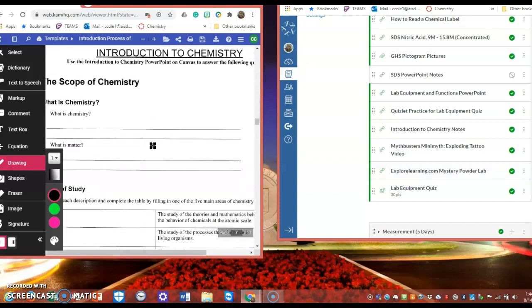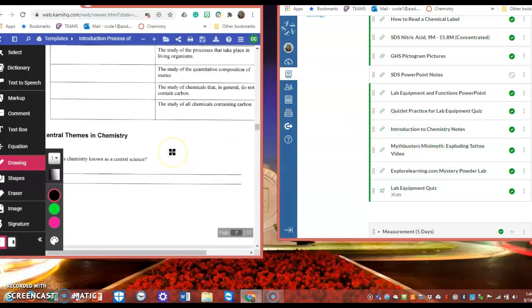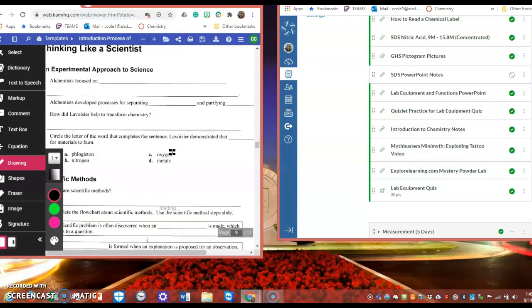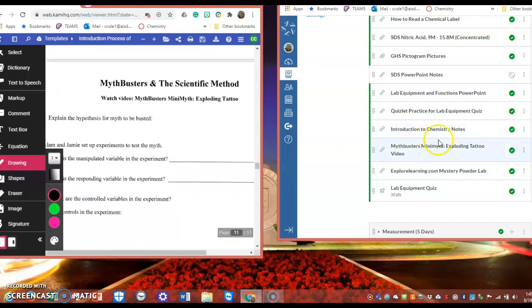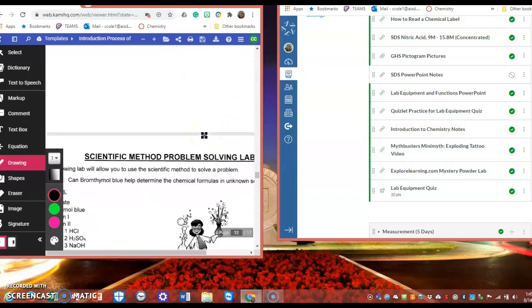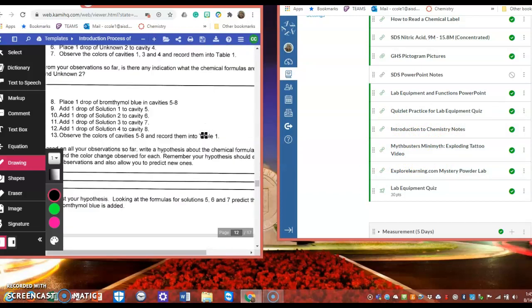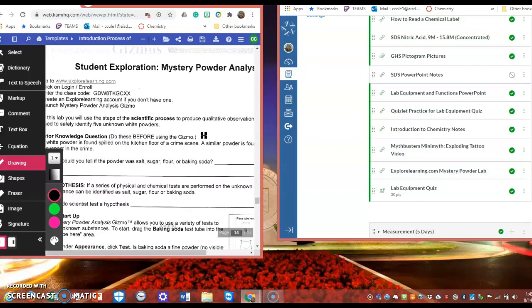All right, Introduction to Chemistry. Introduction to Chemistry notes. There they are. Follow along with those. Keep going. What do we have next after those? We have a Mythbusters video. We're going to use this Mythbusters video and answer the questions. It's really short. And then usually I give you a choice of the problem-solving lab or the